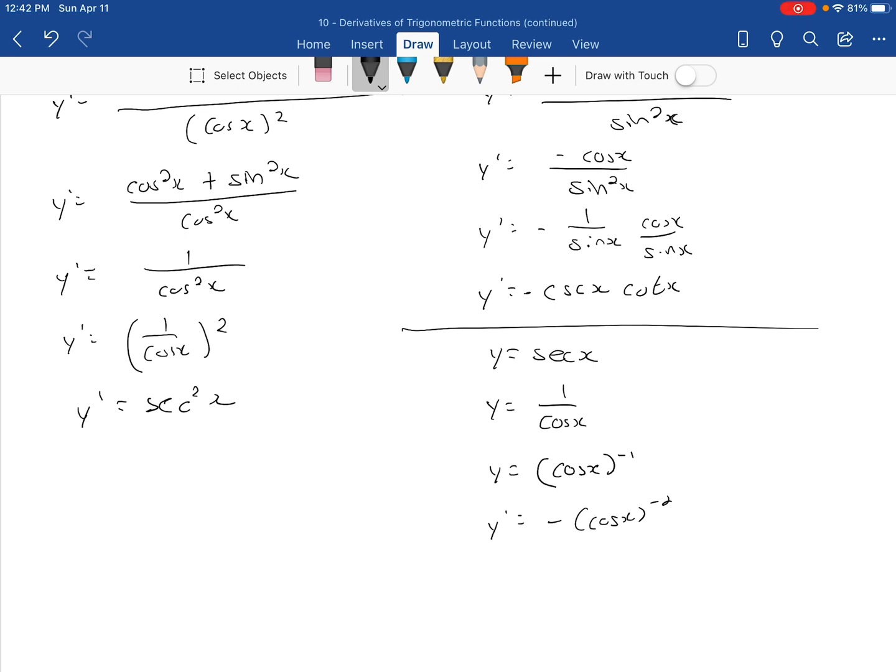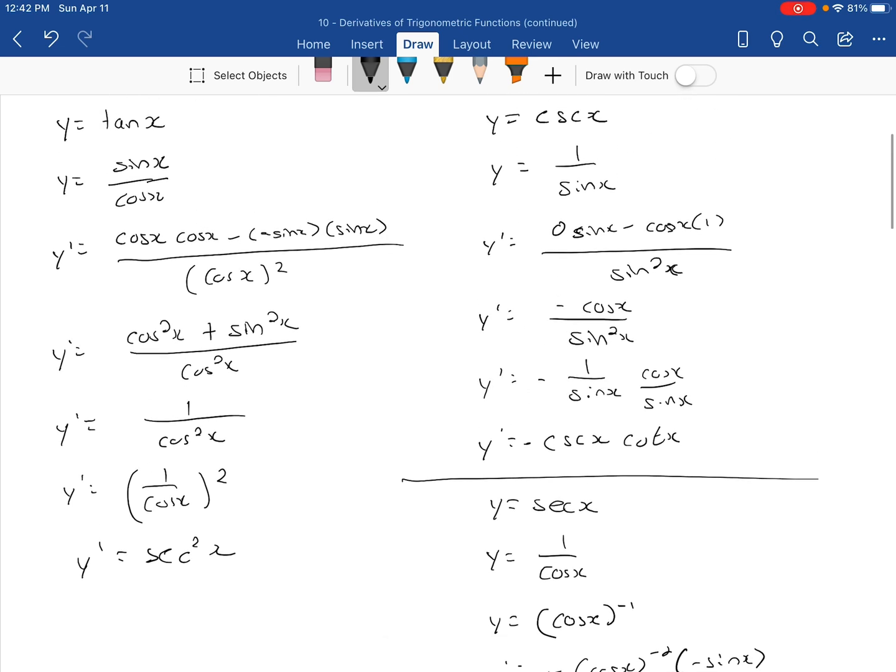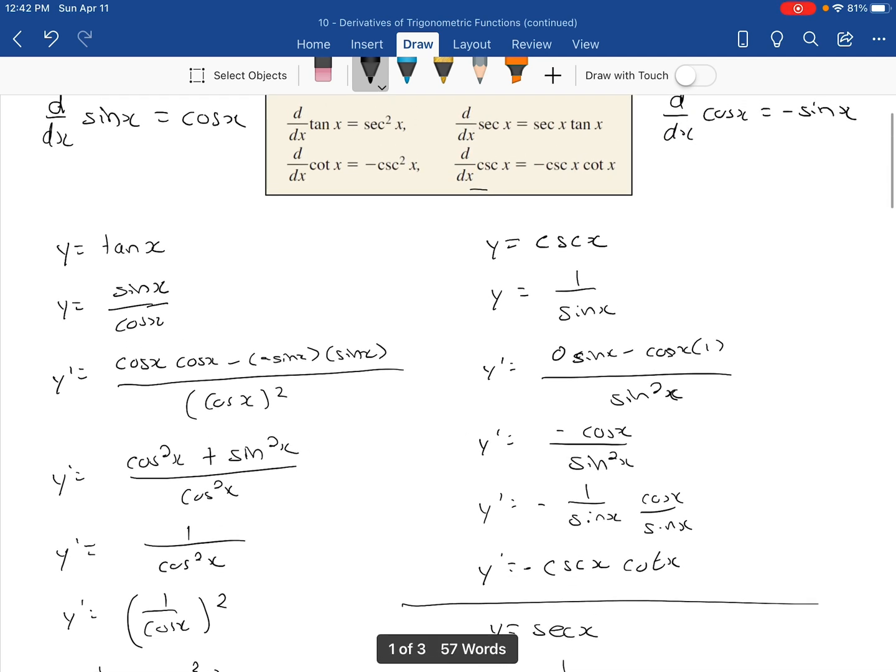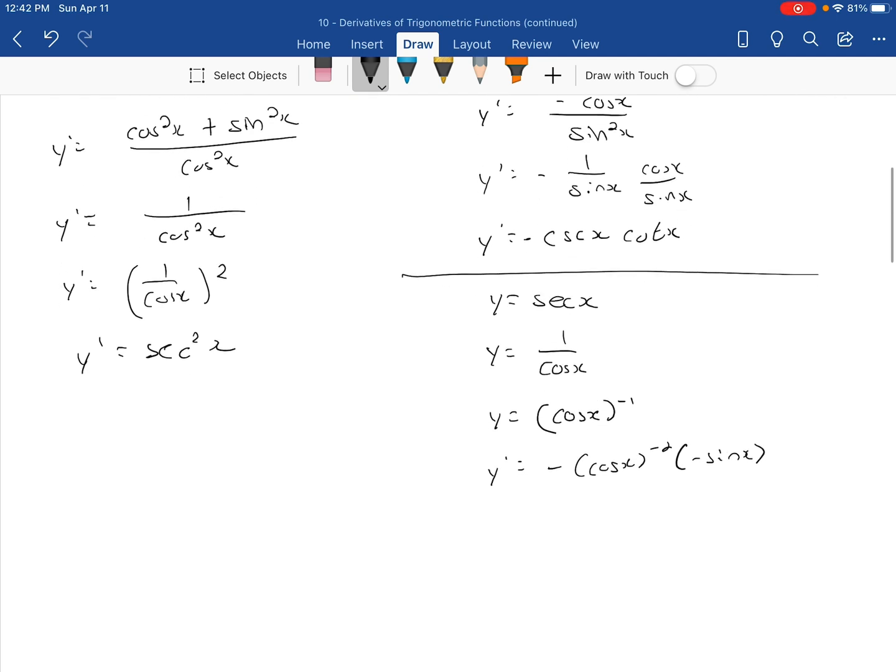And then derivative of the inside is negative sine x. And the reason we don't always do it with the chain rule like that, you could do it with the quotient rule like I did up there, is you can do this proof before you even know what chain rule is. You can just do it with quotient rule, whereas this requires just a little bit more knowledge, and nothing too crazy there. And then the negatives in this case cancel, and so what I get is sine x